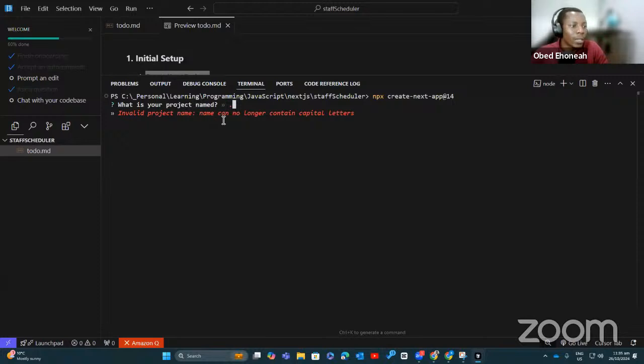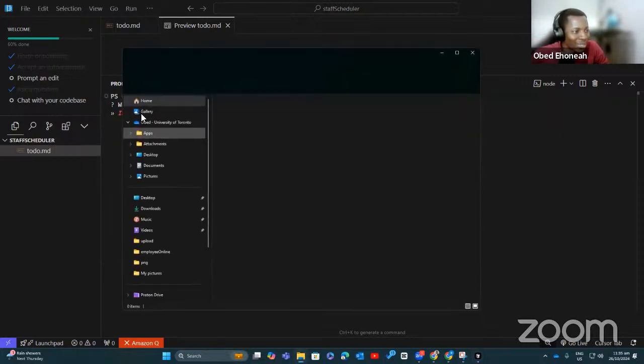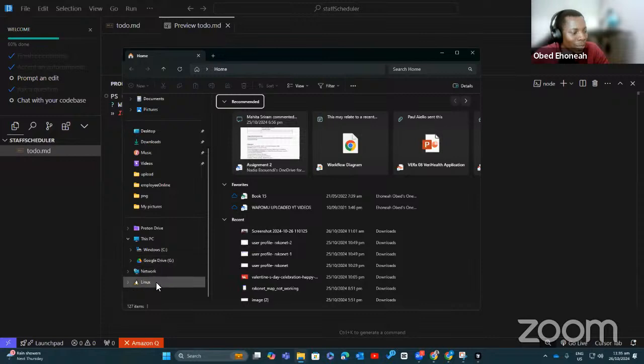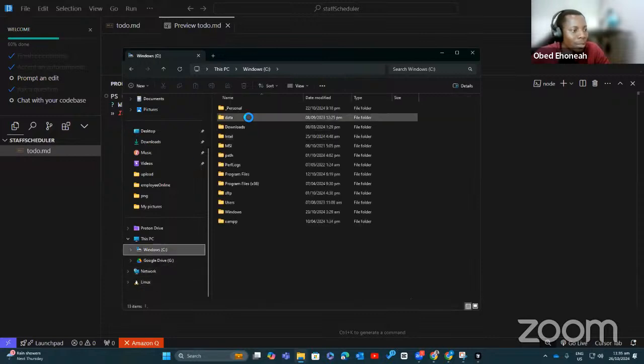Invalid project name. Name can no longer contain capital letters. Interesting, I didn't know this. All right, so what we can do is either create a new name for it or go to the file and try to change the name of the directory. Let's try that and see.